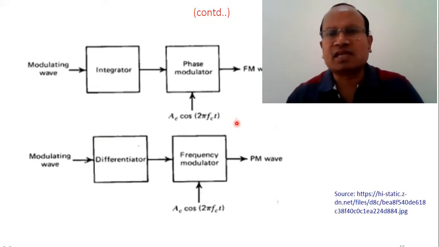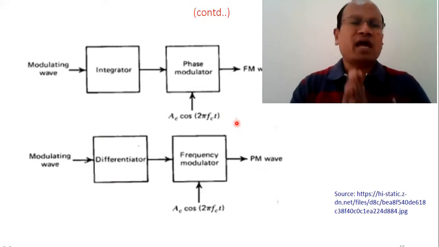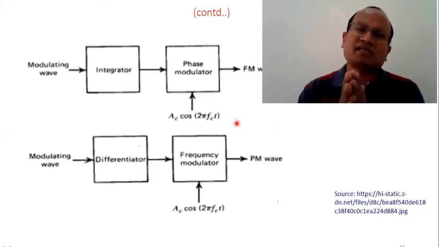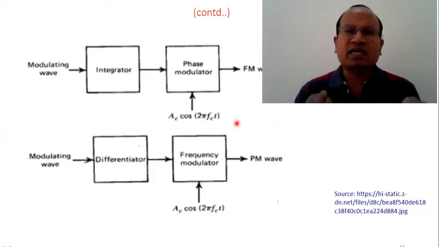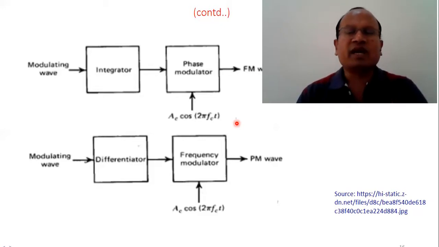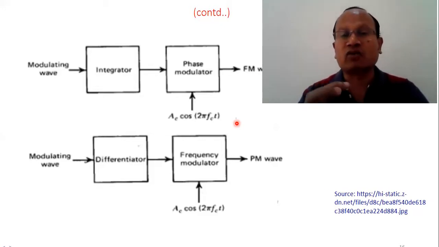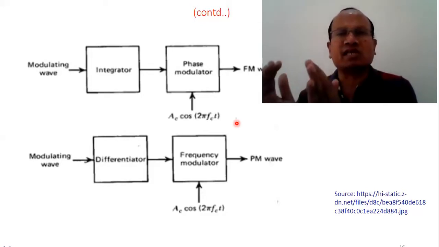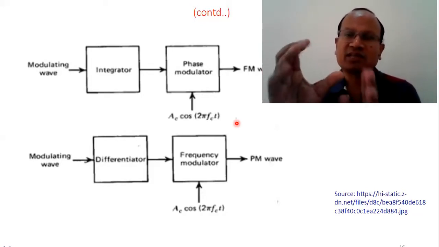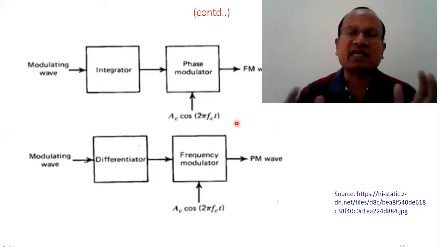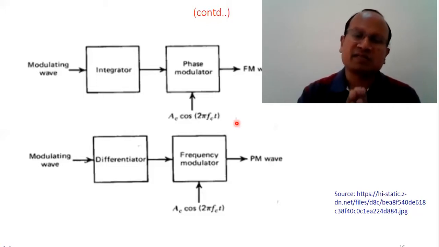So let's summarize this lecture. This lecture is about angle modulation. We know that angle modulation is a process in which the angle of the carrier changes according to the instantaneous value of the modulating signal. When we write the carrier signal as A_c cosine of omega_c t, or cosine theta, you can say theta or you can say omega_c t. And when that theta component is changing, omega_c t plus something, that change is proportional to the instantaneous value of the modulating signal, that is the message signal.